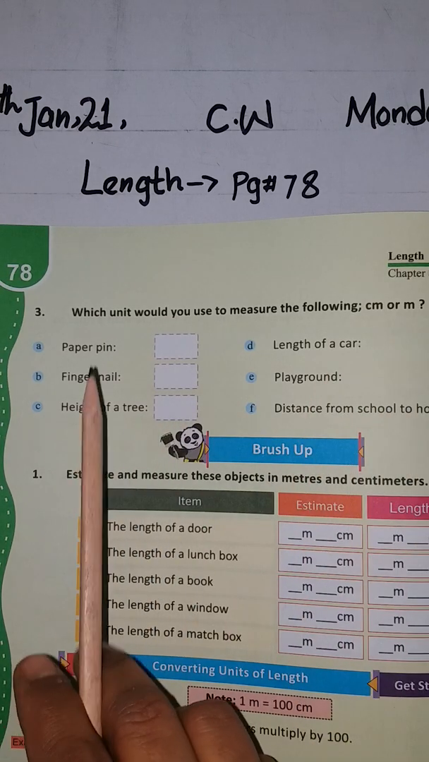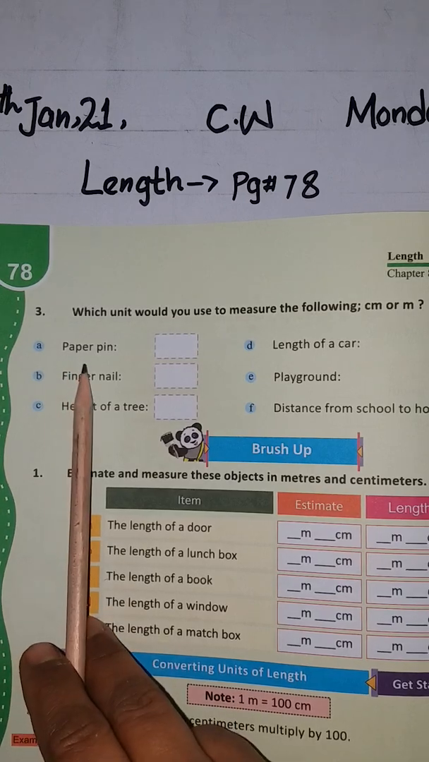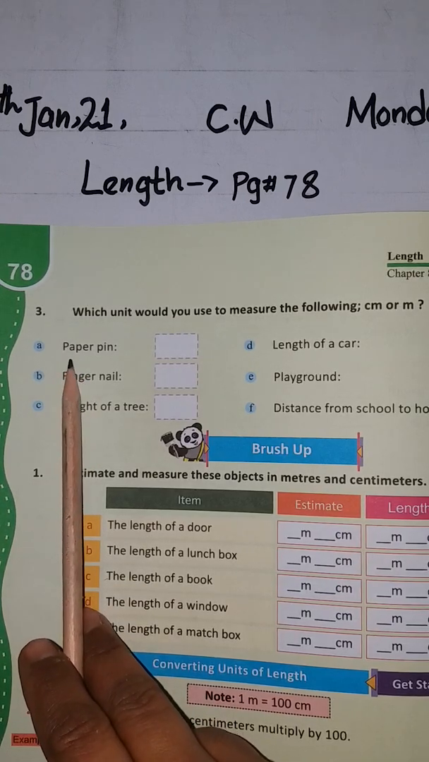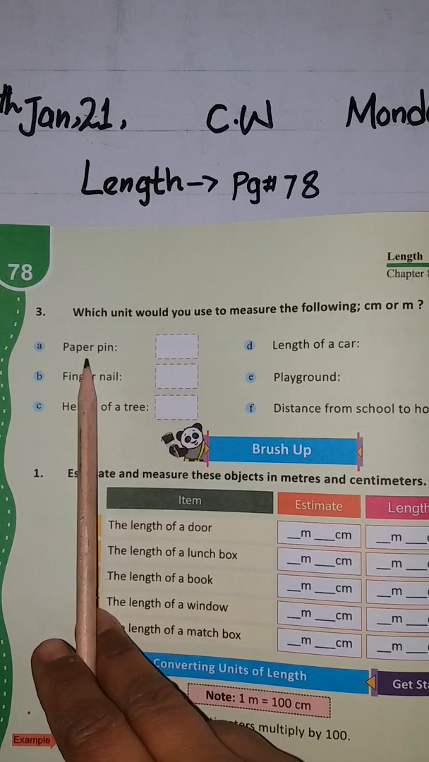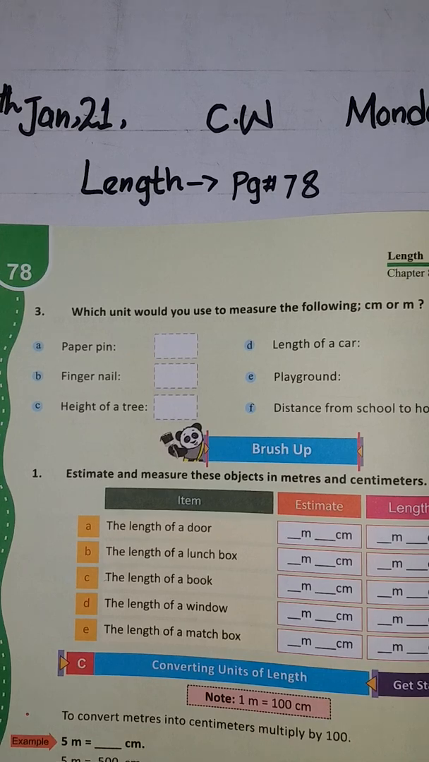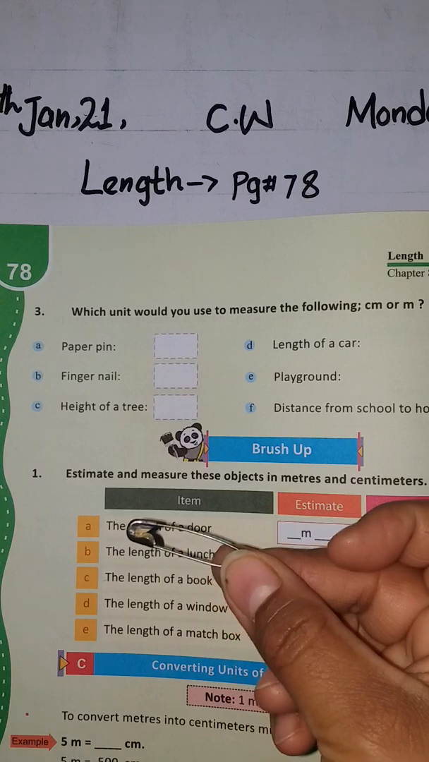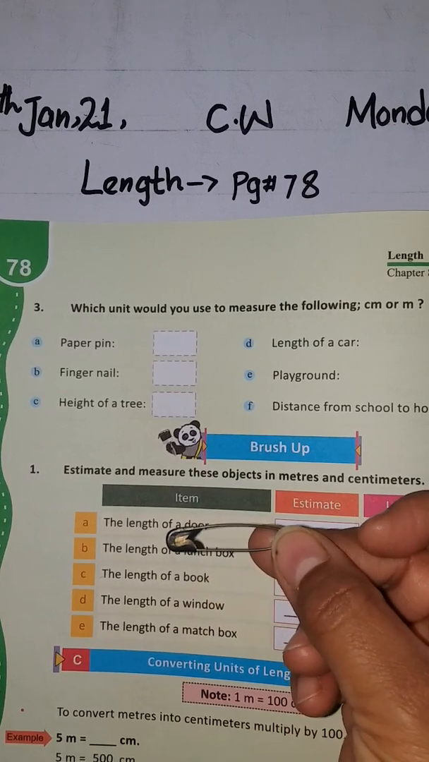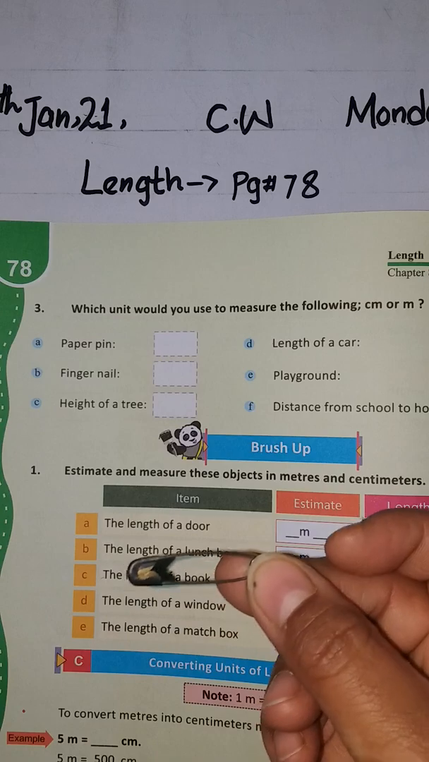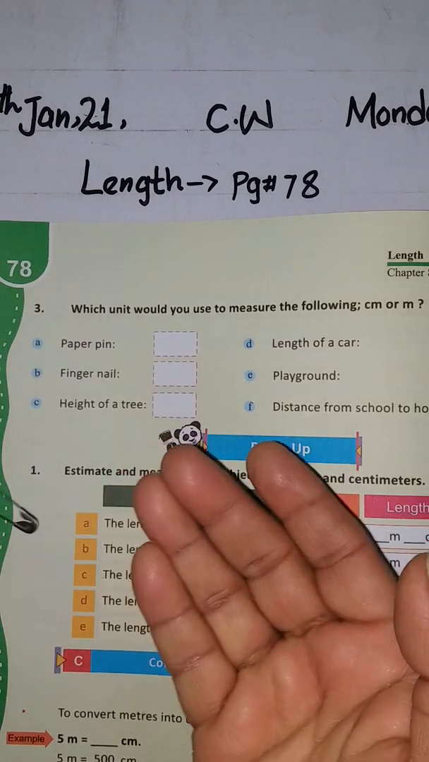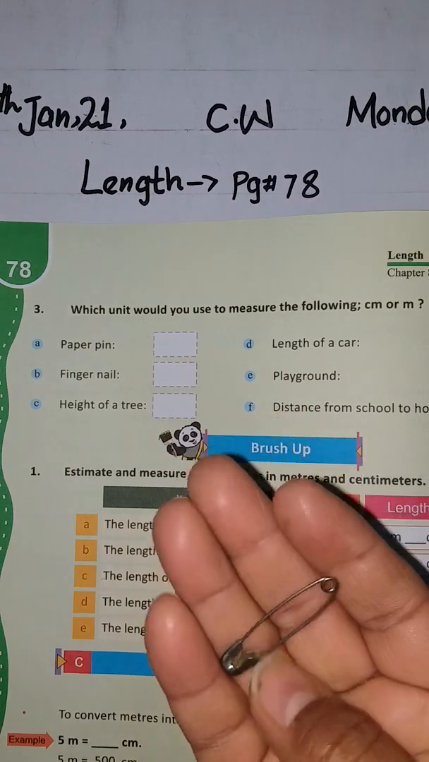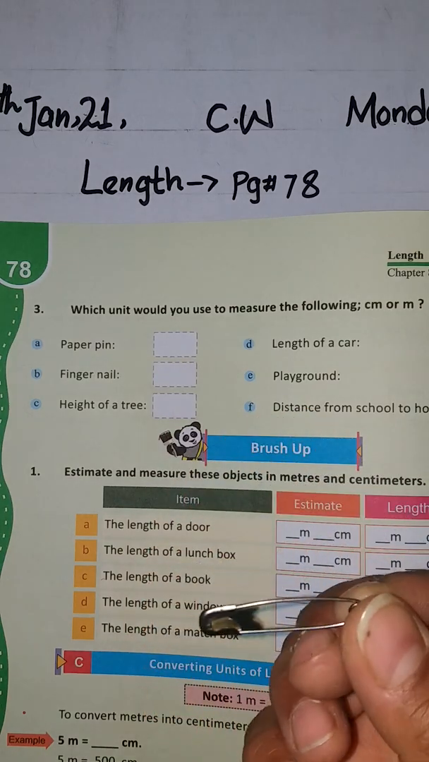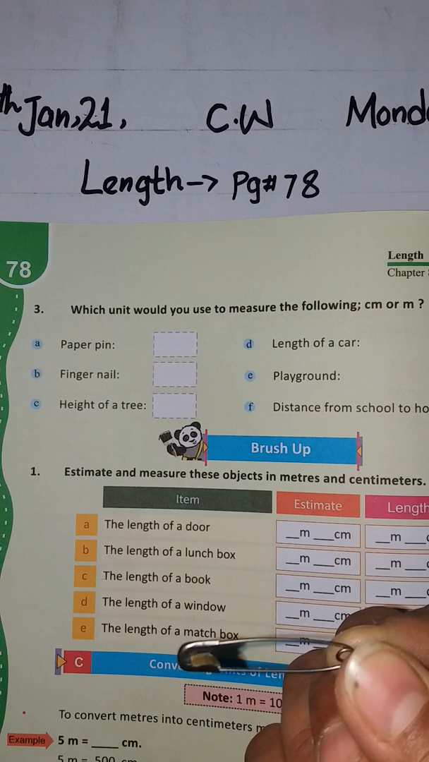Now what you have to do, these are the objects given to us. For example, the first one is paper pin. Now you have to identify the length of the paper pin. You know how long the paper pin is? This is the pin. We can say this is the safety pin. So the paper pin is as long as this safety pin. So what would you think? Can you estimate the length of this safety pin? It is about 3 to 4